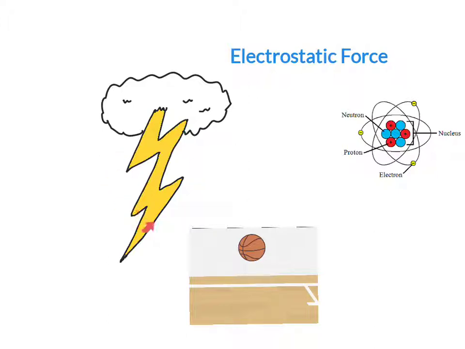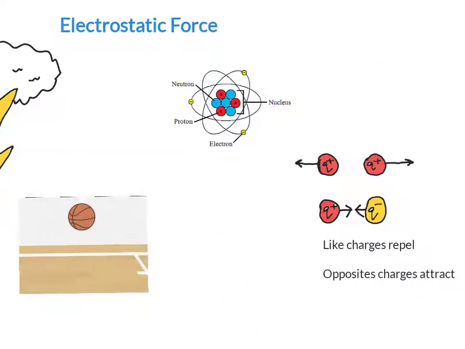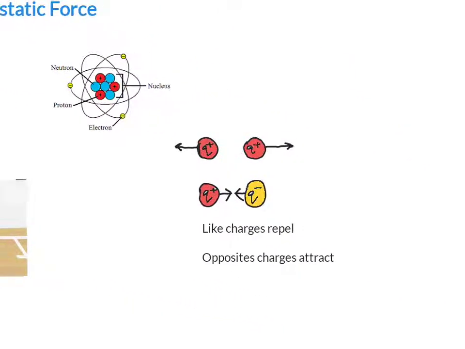buildup and then discharging, to the bouncing up and down of a basketball, which might be used as a way to explain why the basketball doesn't fall through the floor, to our very small little atoms, of which there are billions that make up the screen that you're looking at. So we have some degree of familiarity with electrostatic force already, and we know that certainly in the atoms,